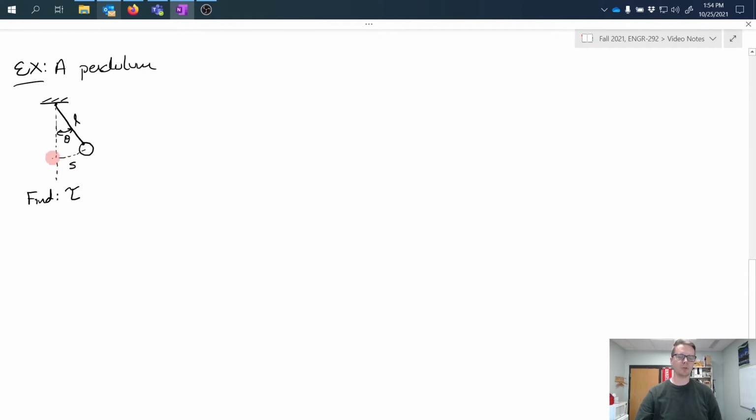If we disturb that pendulum by some small theta such that we move it out of its equilibrium position, which would be hanging in the center here, then we can evaluate what would happen as a result of that small disturbance. So what we're going to try to find is a general purpose calculation for the period of oscillation for this pendulum. And I like the pendulum as an example of simple harmonic motion because it's different from the setup that we used, where we had a mass suspended from a spring,